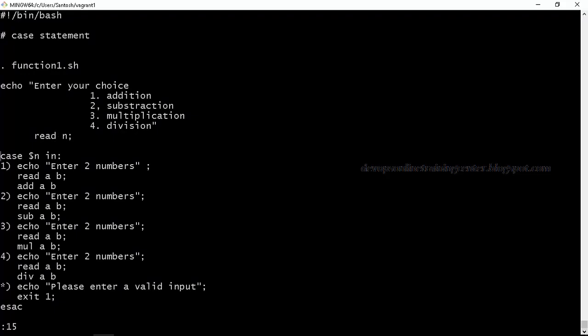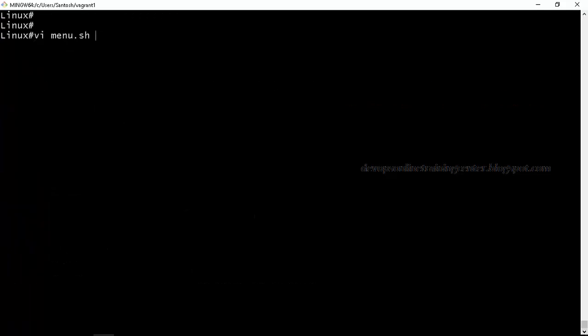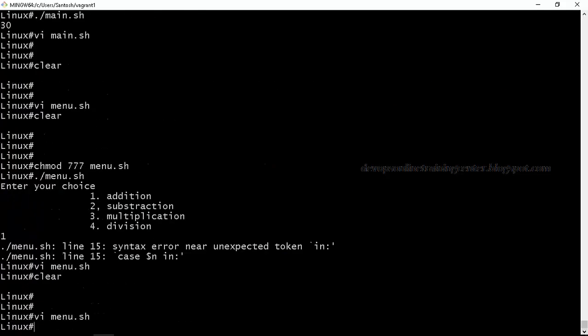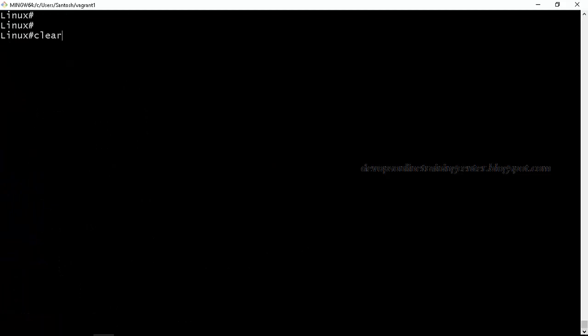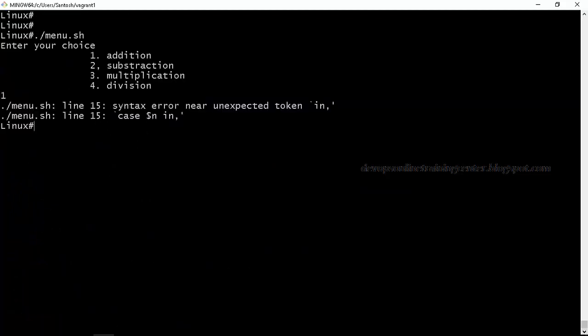So we can go to line 15 and see case $n. Let us see if this is a comma. Unexpected token n.